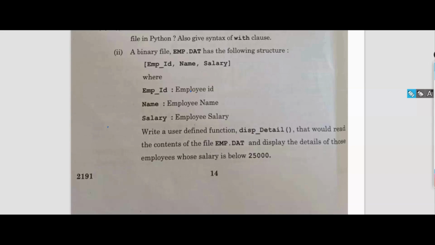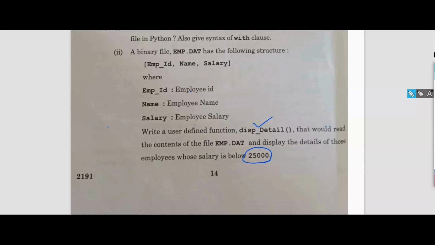They have given the list named emp. So we have the file named emp, and you should write the function disp_detail with statements to display the details of those employees whose salary is below 25,000.